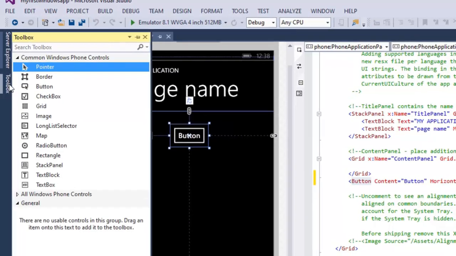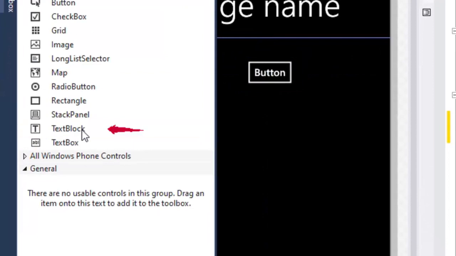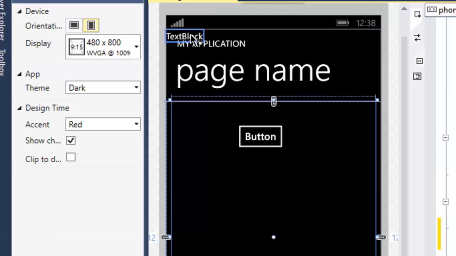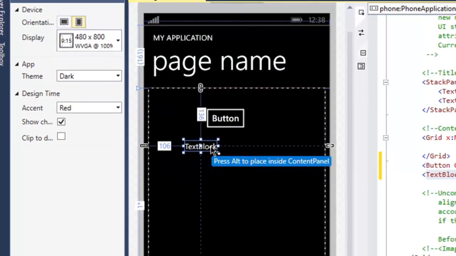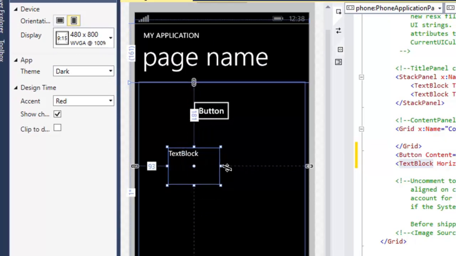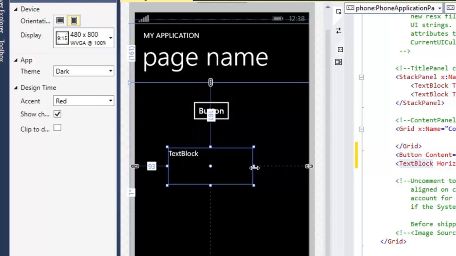Second tool I am taking, text block. You can take any tool from this toolbox according to your requirement. I am choosing button and text block here. So just drag the text block and bring it down under the button. You can align it according to your device. I am aligning it centered.